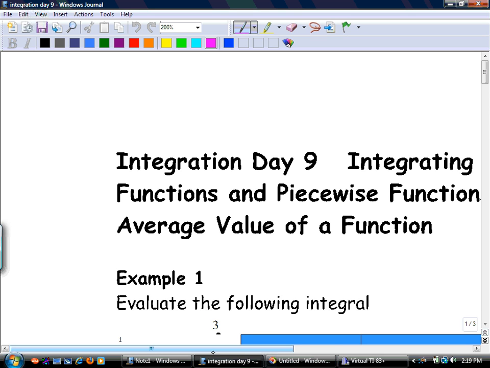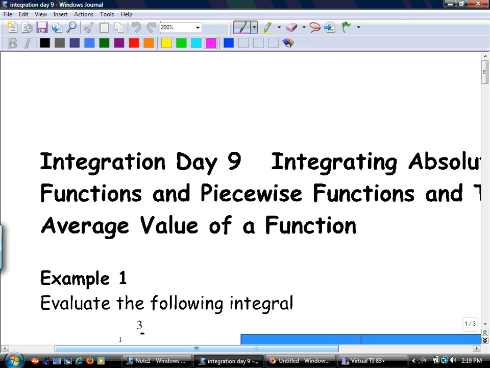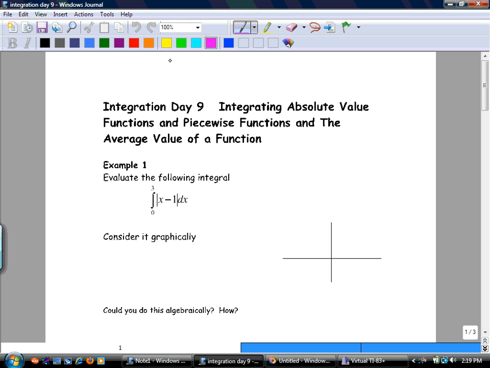Okay, so integration day 9, integrating absolute value functions and piecewise functions and the average value of a function. So there's 3 things we're going to talk about today. Kind of like absolute value and piecewise together. And then we're going to talk about the average value as another group. So if somebody asks you to find the area from 0 to 3 of |x minus 1| dx,